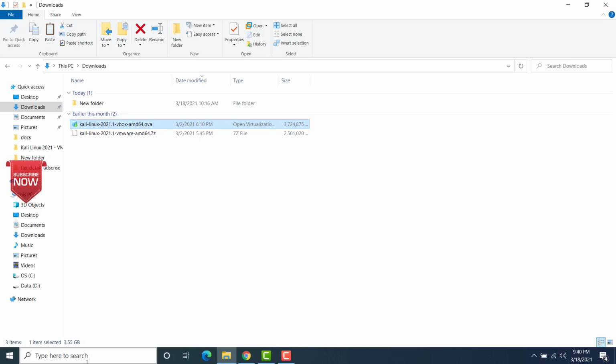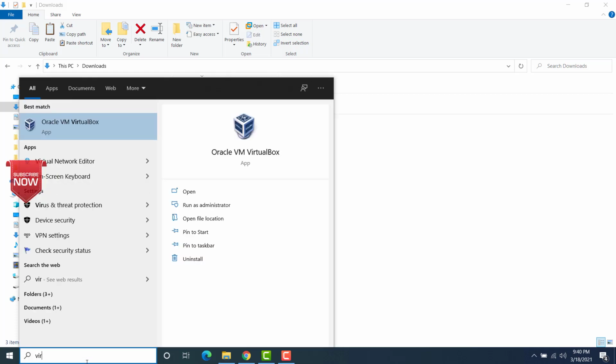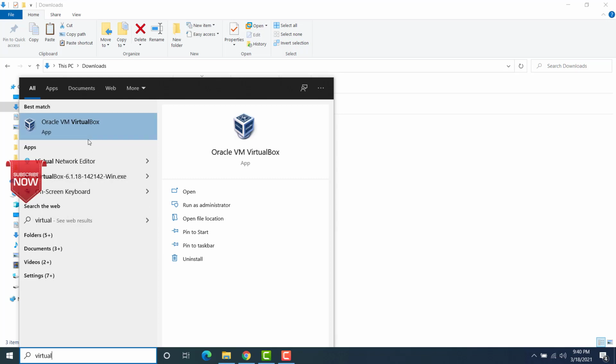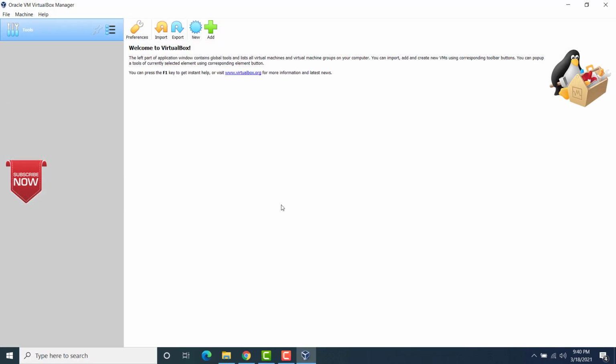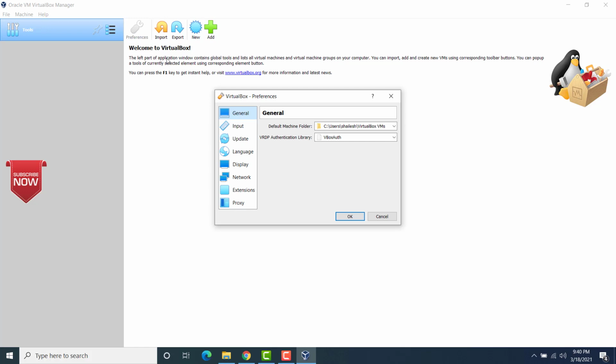So let me open up VirtualBox. Just for convenience, I place the folder in the default VirtualBox VM folder. Under preferences you see this is the default virtual machine folder. It is placed under your user directory, in VirtualBox VMs.